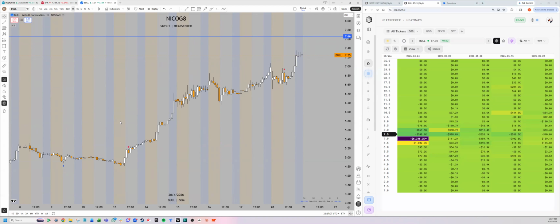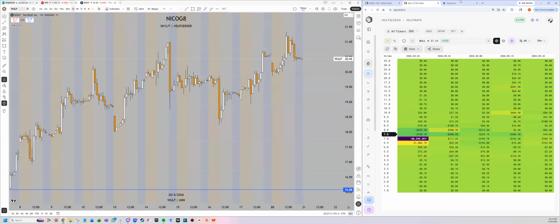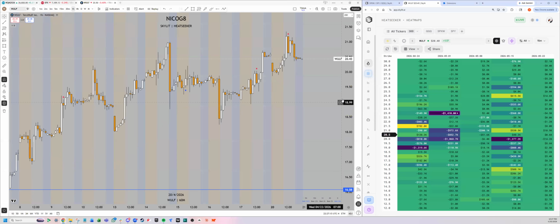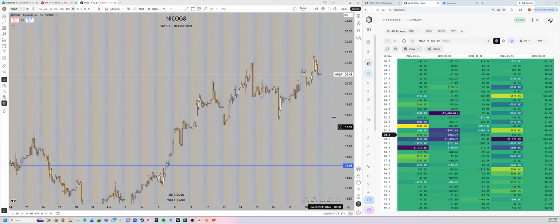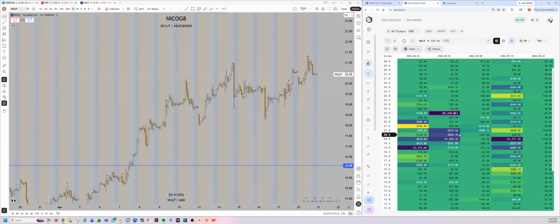All right. Wolf. Yeah, Sam's. Give me a second here. I mean, yeah, this heat map. Yeah, I don't know what to say here. I guess